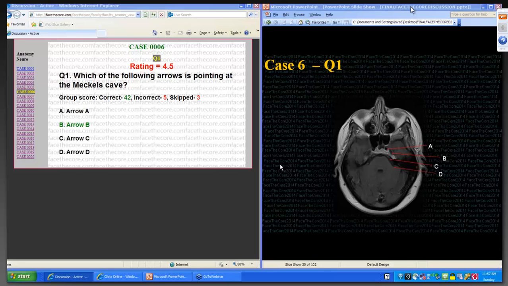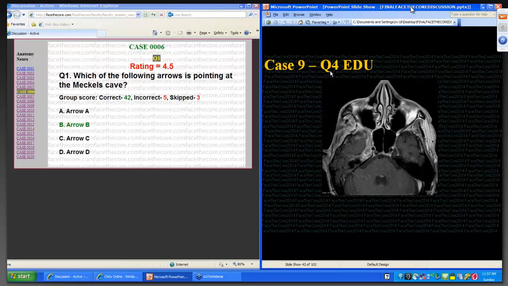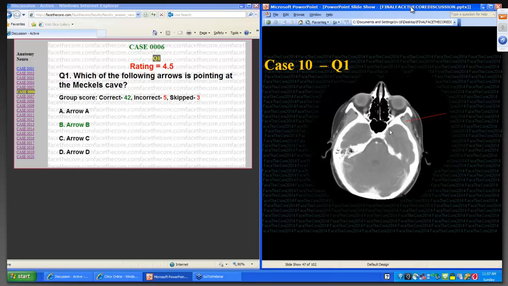And then, let's see, one more flag here. Case 10. The lesser wing of the sphenoid is here, and here's the greater wing. The lesser wing has a medially angulated portion. The body of the sphenoid